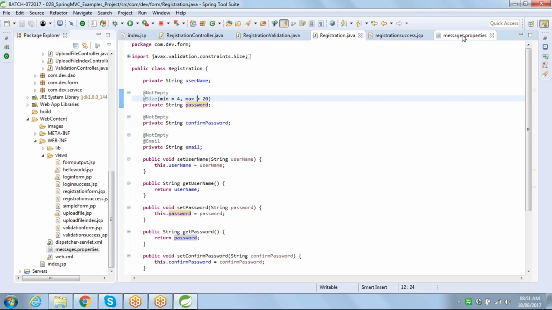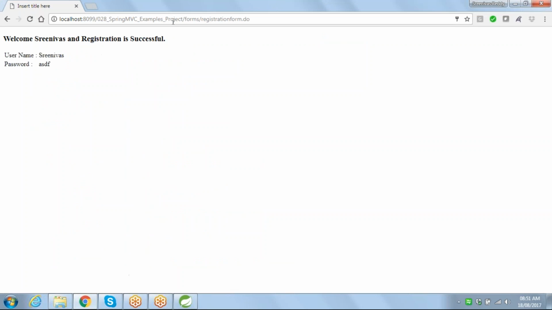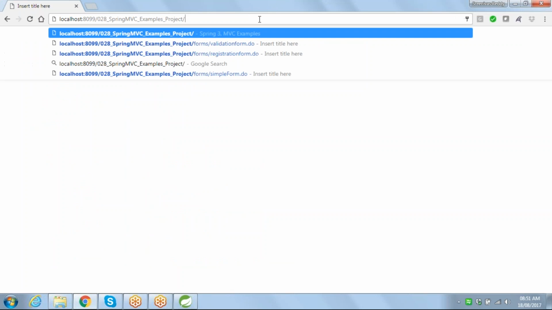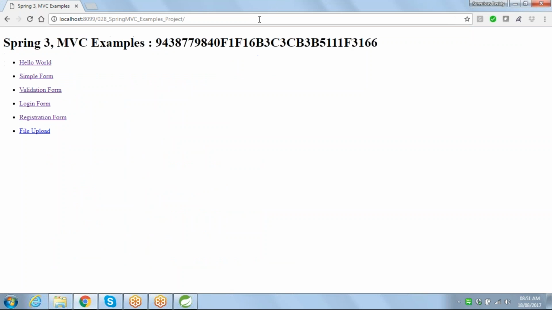Any questions? Okay, sounds good. So, one last example. With that, the basic MVC form examples will be completed. That's not such a great example, but I would like you to notice